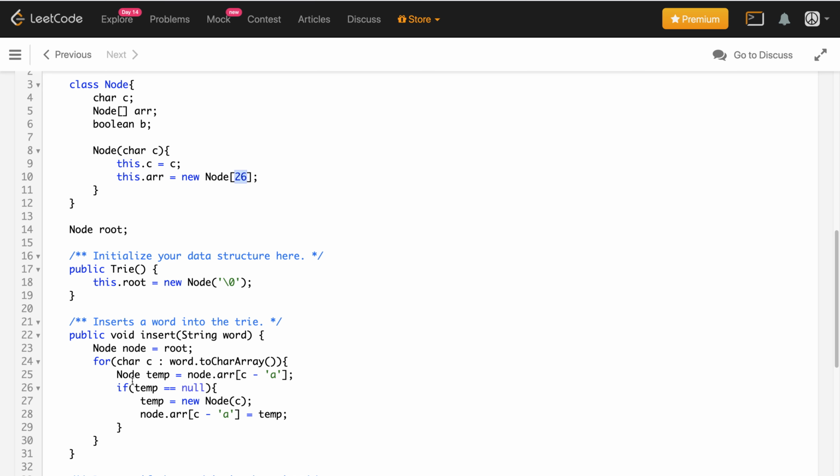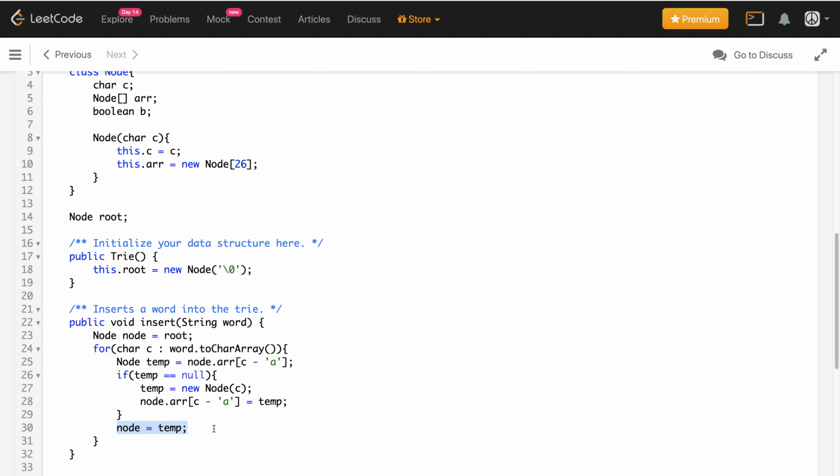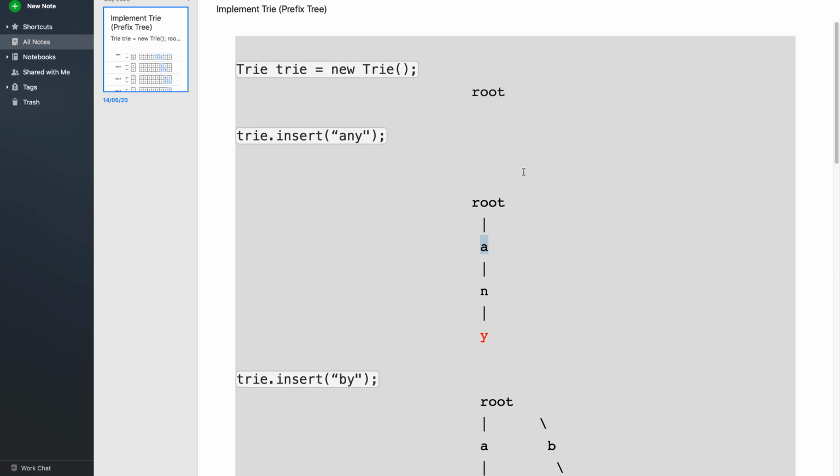Okay, so after this if condition is over, we will simply say node equals temp. Why is that? Just consider this case. Initially we started with root and checked whether a exists or not. Since a doesn't exist, we will add this link, and then move our node to point to a, because after this we will check whether n exists or not, correct?